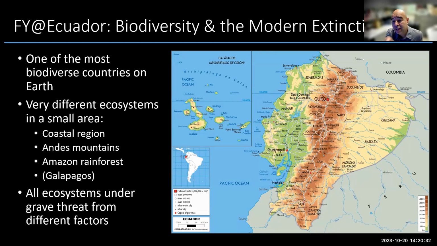One thing I forgot to mention in Yasuní, there's a number of threats there in the rainforest region, but one of the biggest ones, and it's one of the things that makes the situation very difficult, is that